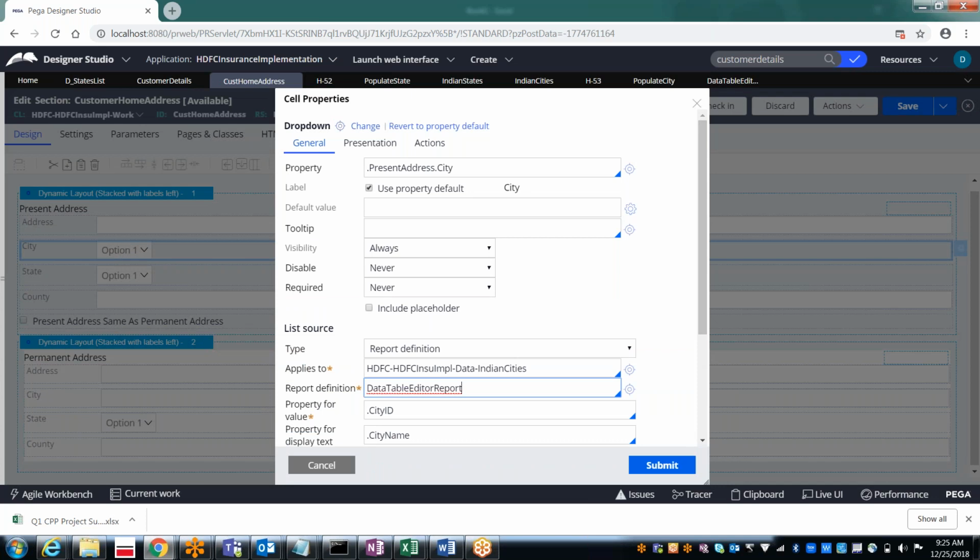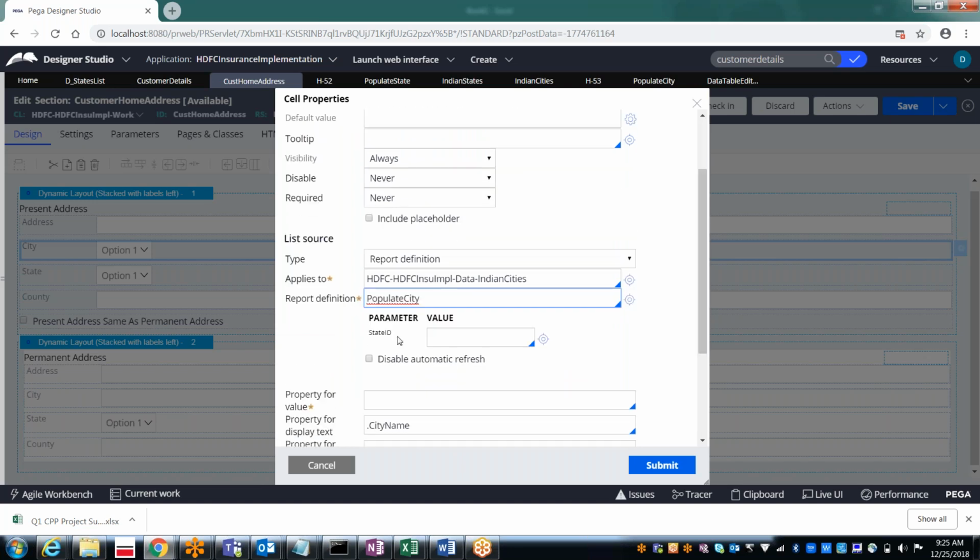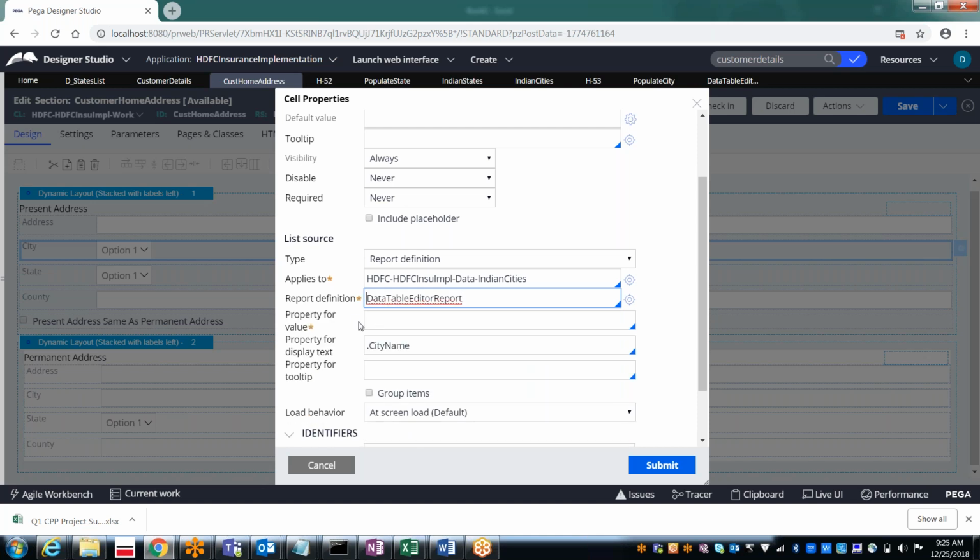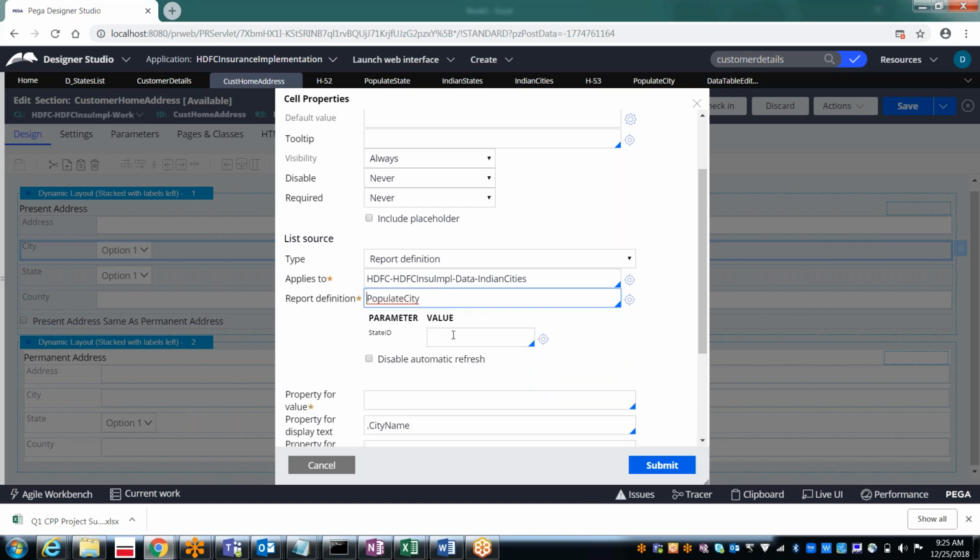But this time, when you press the down arrow, you could see your report definition also. Once you select your report definition, see, automatically it is asking for the parameter value, but earlier it was not. Remember, right? Why? Because the data table editor report is not taking any parameters. But once you change it to your own report definition, which accepts the parameter, it will ask you the parameter name as well.